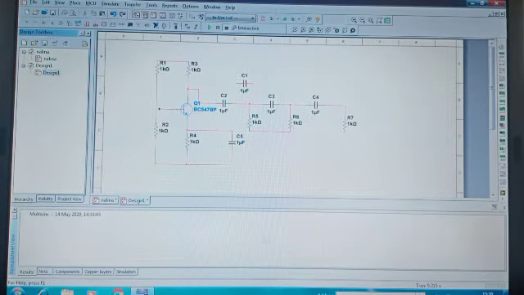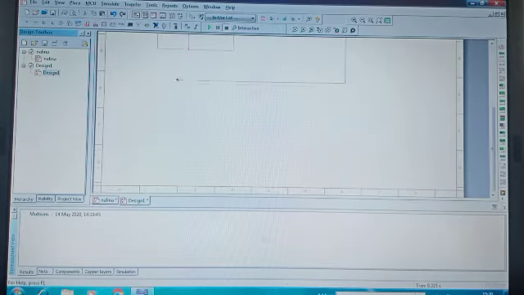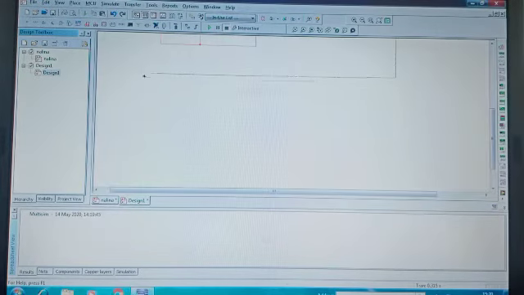While doing the connection, we need to connect here, and this should be shorter, and from here we need to connect this feedback network.